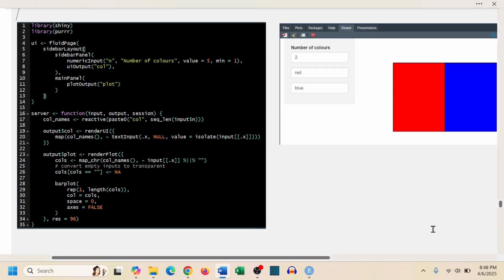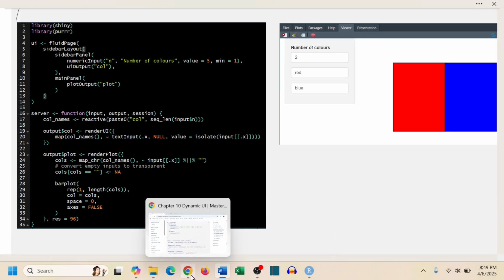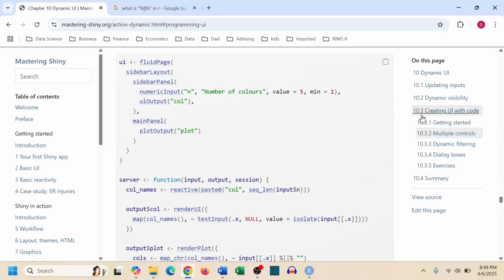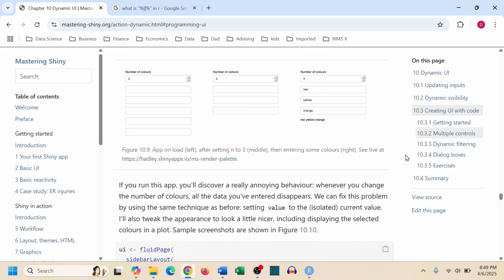Hi guys. So this is the second example in, what section was it? Sorry, it's section 3.2, multiple controls. So the first example was this. We printed these colors, right? I mean, we printed the text, but